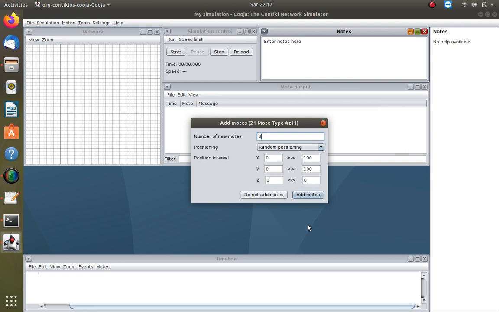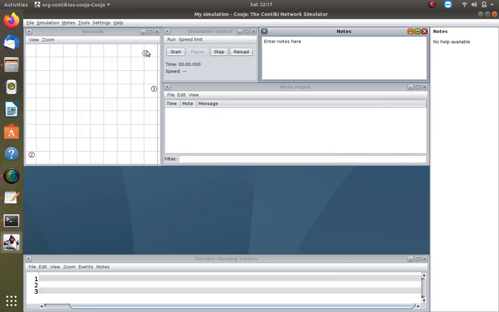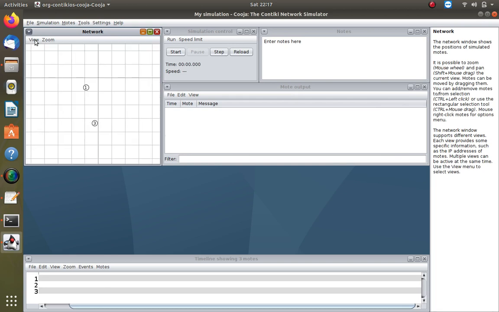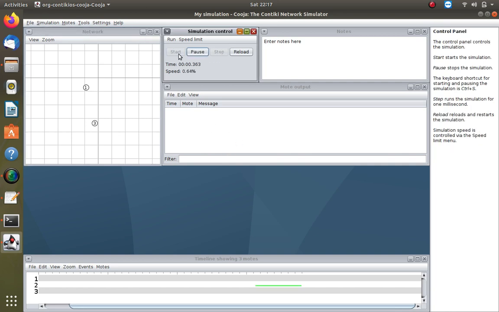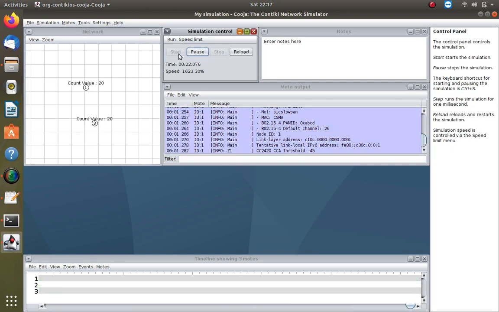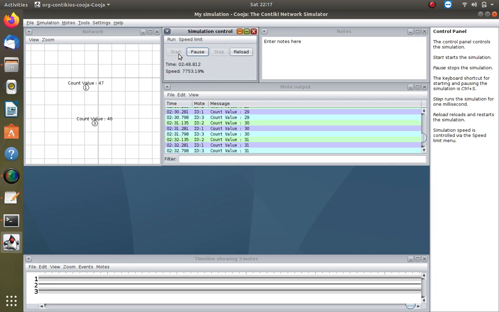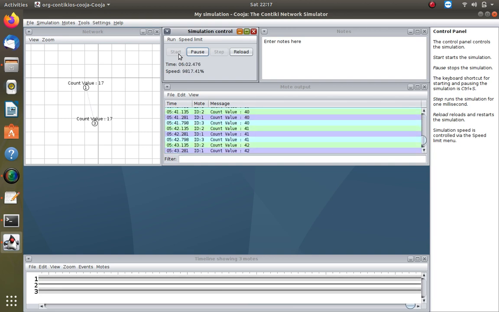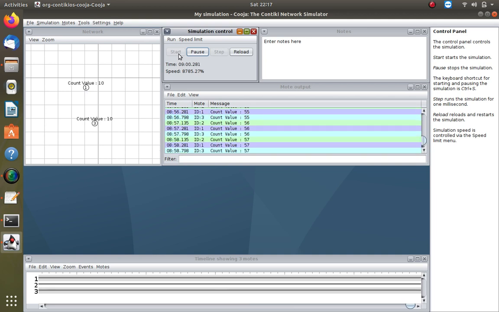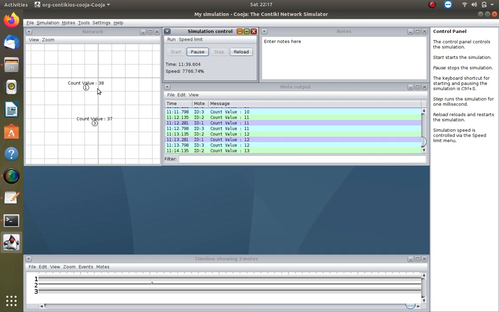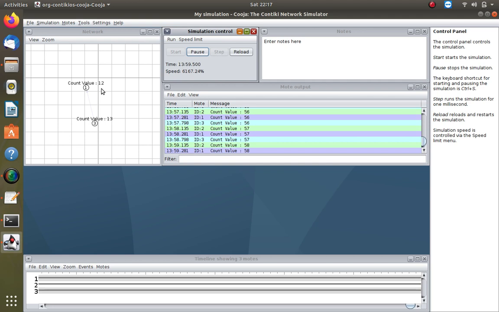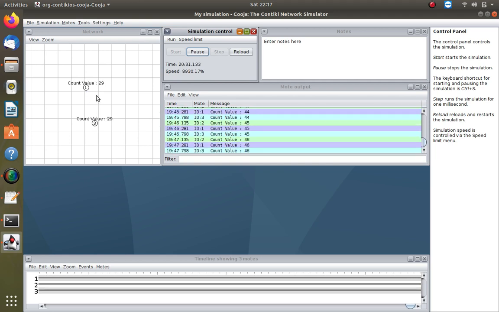And let's say three nodes, I'll put 3 nodes, then the node number 1 I'll drag it here, then view printf, include printf here. Of course printf will be printed in this mote output also. Now I'll run it. So I think it's also working fine. You just check it here. This value also, please see that at every value 1, 2, 3, after 59 it is becoming 1. So that means this counter value is acceptable by the sensor itself.